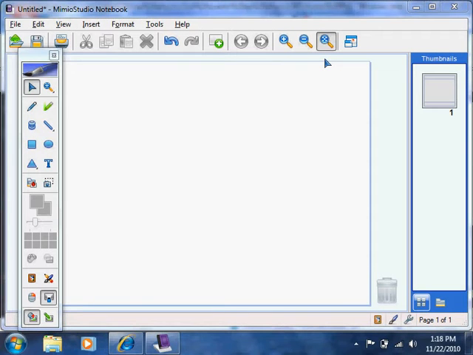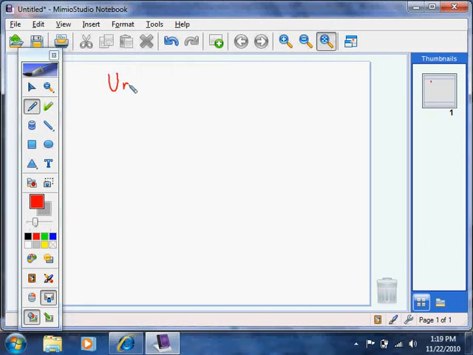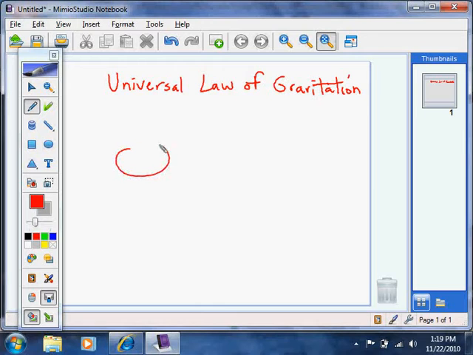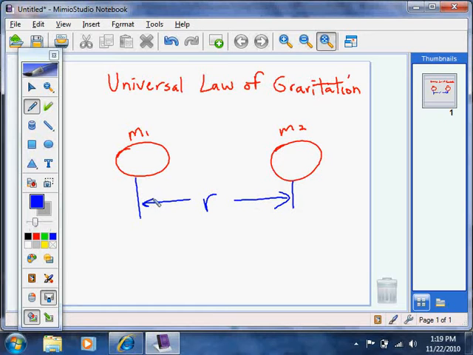Okay, so we learned about the universal law of gravity. And if you have one object, M1, and another object, M2, and they're separated by a distance r, if you want to calculate how much force of attraction there is between these two masses,